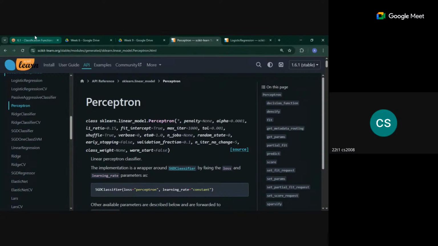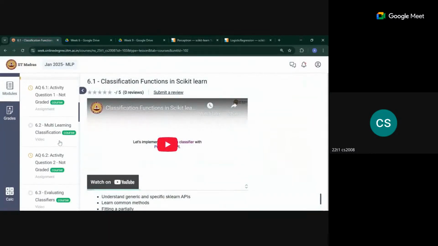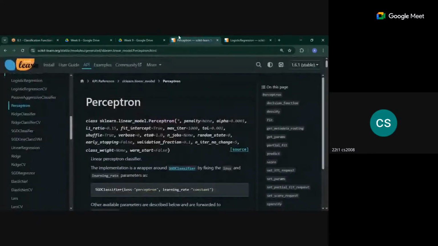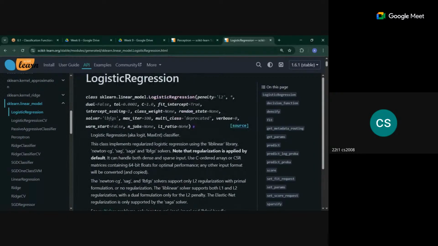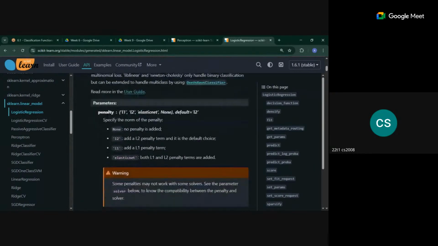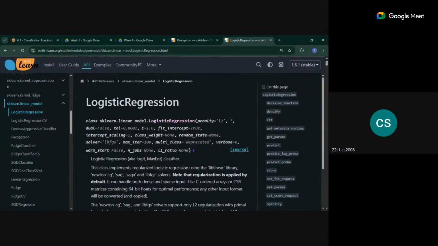Okay. So week 6 introduces you to the classification paradigm in general, and then we have the two important algorithms: logistic regression and perceptron. Primarily logistic regression, many of you may think of this as a regression algorithm. It is sort of a misnomer, and it is something you have to be aware of. So logistic regression, you can use it for classification tasks, and the important parameters in this that we are going to see,